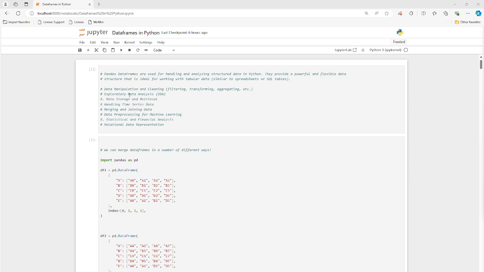You can think of an Excel spreadsheet, maybe a table in a database. The functionality is quite a bit different from those, but the presentation and the view on the computer screen is actually pretty similar to a spreadsheet or a data table in a database. So what can you do with data frames? Any kind of manipulation, cleaning, filtering, transforming, aggregating,